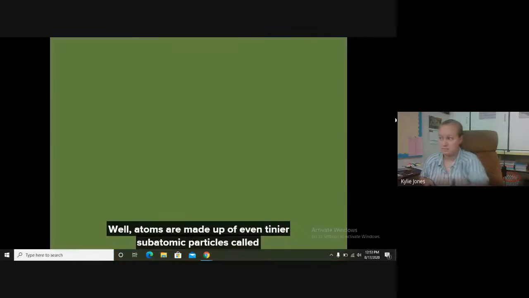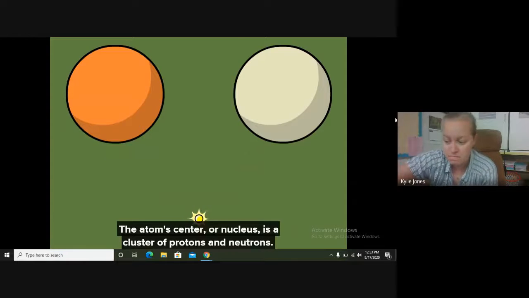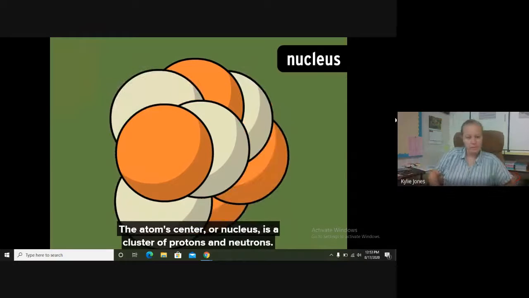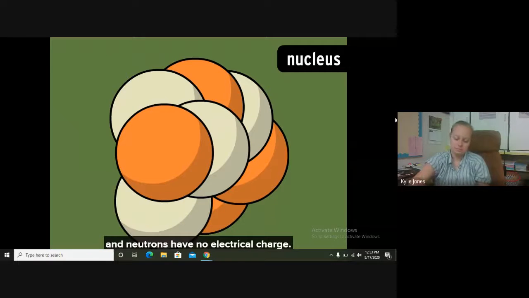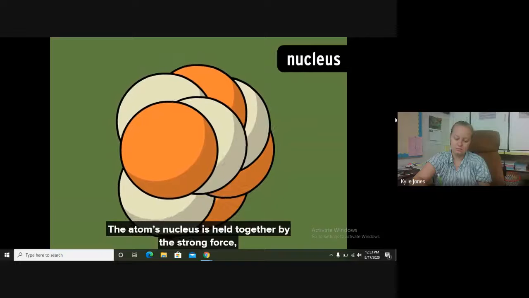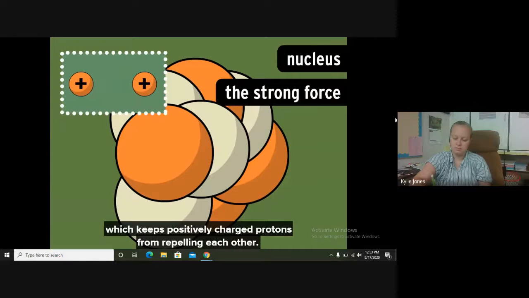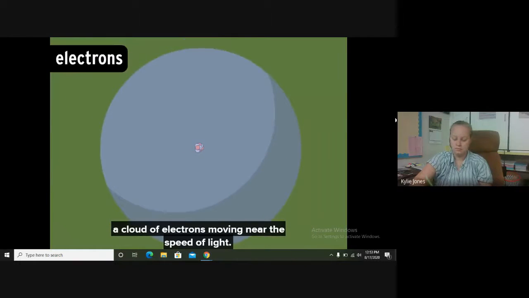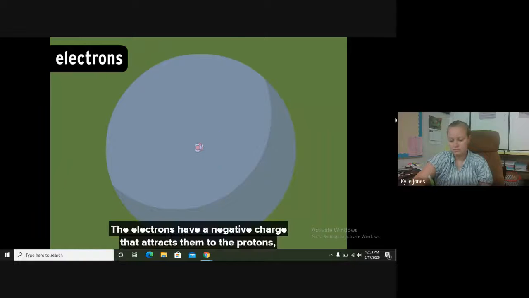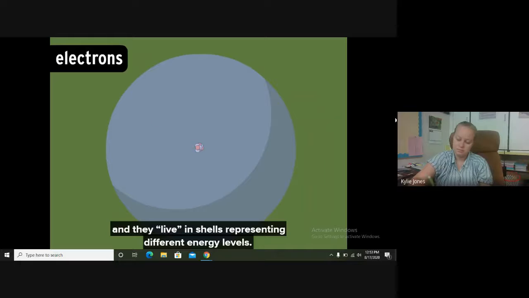What is it? Well, atoms are made up of even tinier subatomic particles called protons, neutrons, and electrons. The atom's center, or nucleus, is a cluster of protons and neutrons. Protons have a positive electrical charge, and neutrons have no electrical charge. The atom's nucleus is held together by the strong force, which keeps the positively charged protons from repelling each other. The nucleus is surrounded by a cloud of electrons moving near the speed of light. The electrons have a negative charge that attracts them to the protons, and they live in shells representing different energy